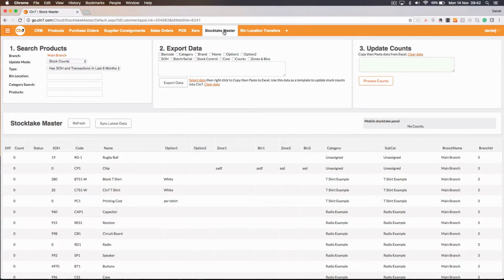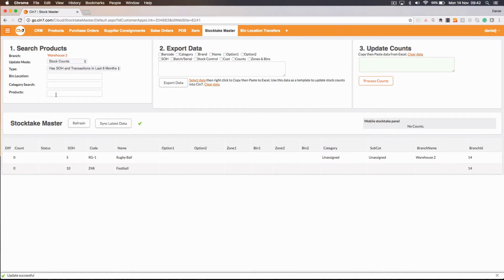Now, the first thing I want to do when I go into the stock take master is choose the specific branch that I am looking to create locations for. So you'll remember from the stock take webinar that we did, the stock take master can only be used for one branch at a time, because we're always counting a specific branch's stock. We're not looking at the stock across your system. So over on the left hand side, I'm going to choose the branch first of all. Really important thing to remember to do